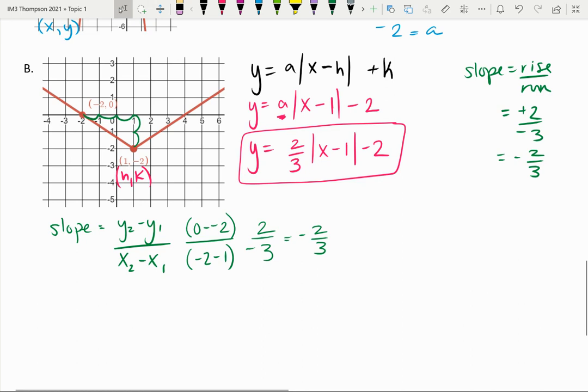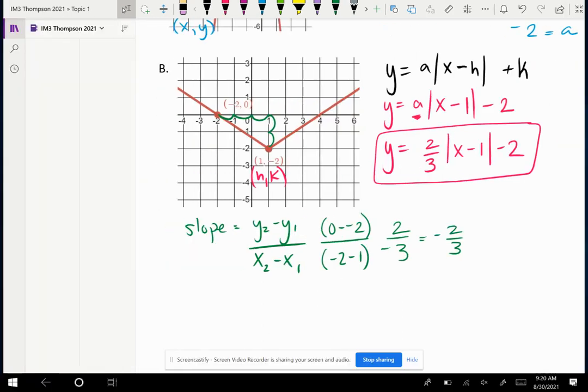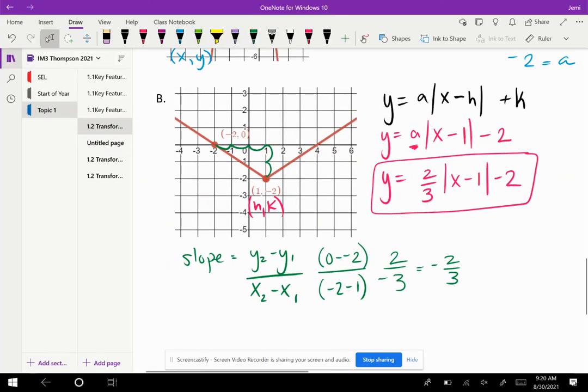If you write that negative there, that's going to be wrong. So again, this is going to be a positive 2/3 slope. This is going to be a negative 2/3 slope. But remember that the negative in front of here means direction. Since it opens up, it's going to be a positive 2/3. Okay, cool. That finishes up the 1.2